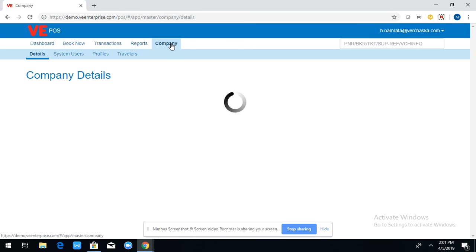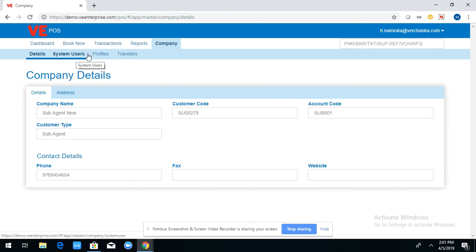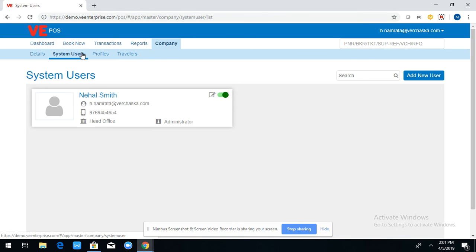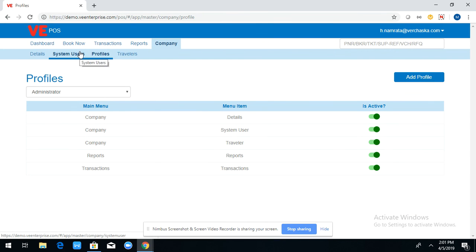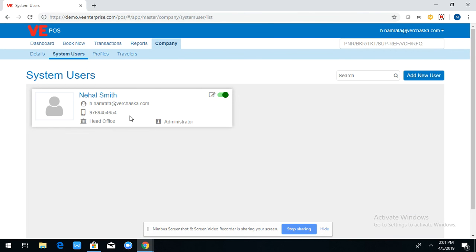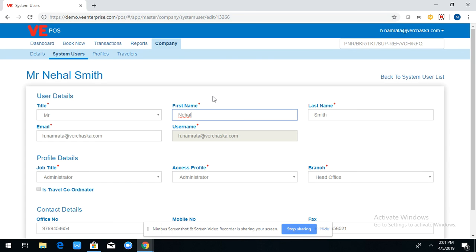When I click on company, I see the options system users and profiles. This customer can create their system users, who can log in using their credentials, and can also assign profiles. The system user already created has been assigned the administrator's rights.